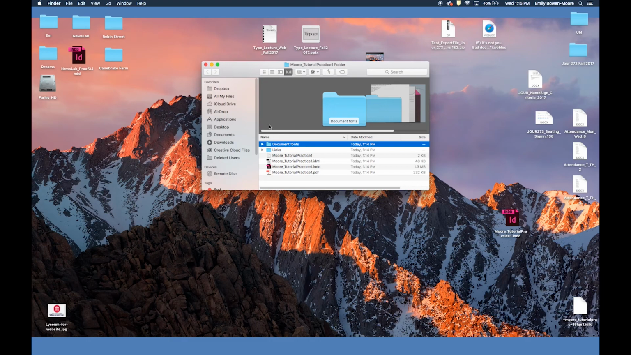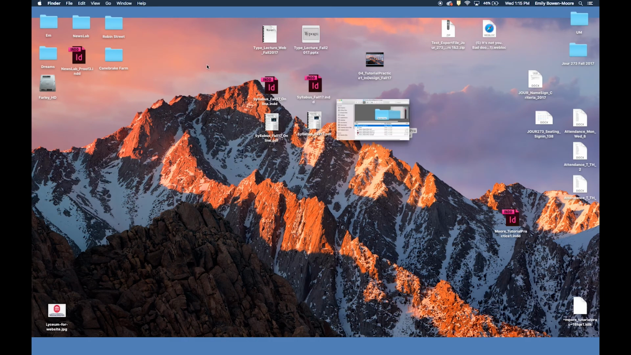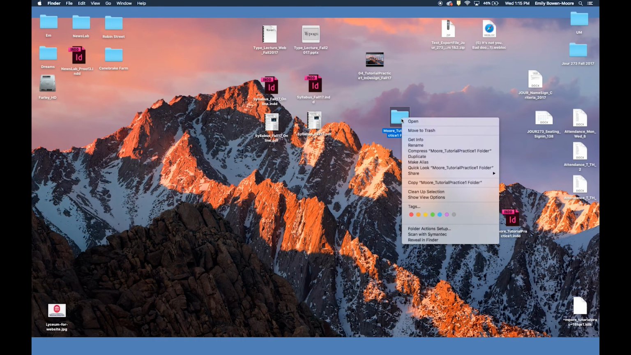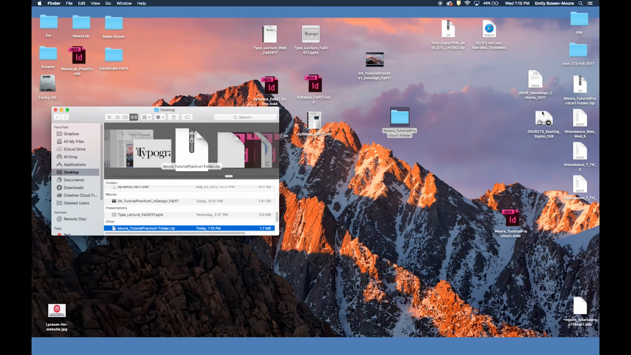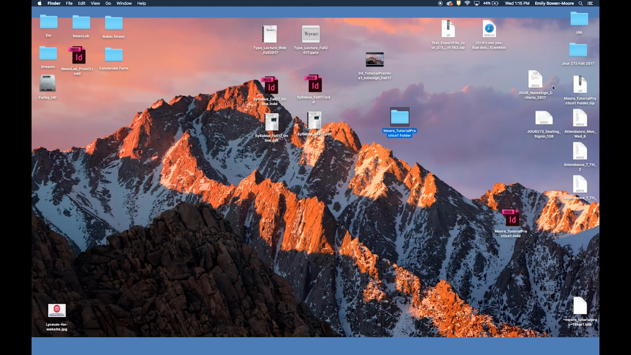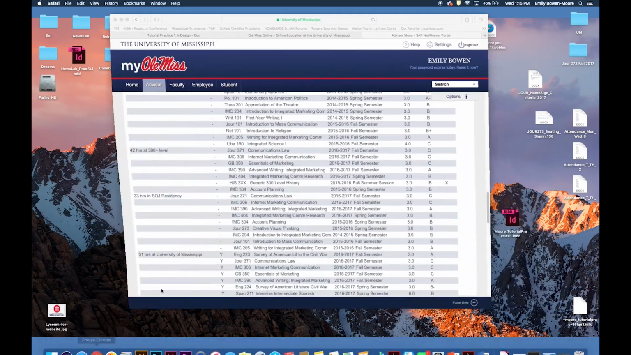All right. So what we're going to do to submit this is we're going to select the folder. I'm going to right click, or you can control click. And we're going to go to compress, and what it's going to do is it's going to create a zip file, which on a Mac, is the compressed version of your file. And when we go into Box,